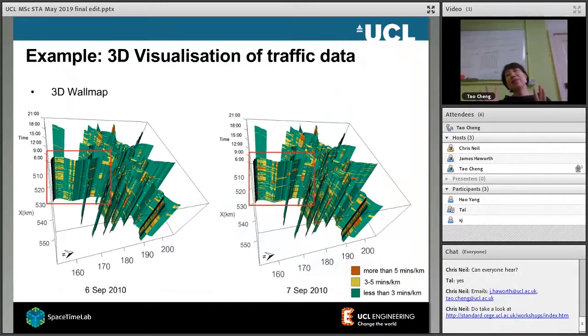Oh yeah, of course, I hope this gives you enough information about the analytical skills you will have, but we also want to train you to tell the story. So let's talk about visualization. This is just showing you some traffic congestion in London, but we use what we call a 3D wall map. You can see it's just like a wall, standing up. Basically this shows about 12 hours, from 6 o'clock in the morning, at the bottom, to 6 p.m. in the evening. So this really shows, in central London, this is the area.